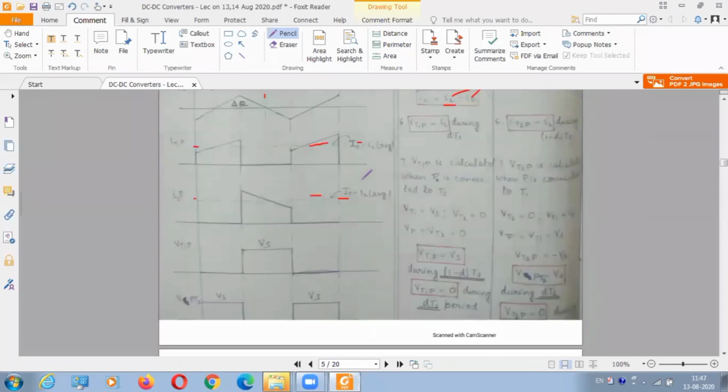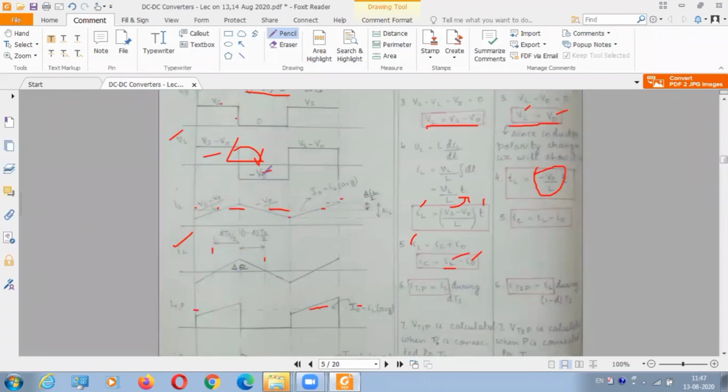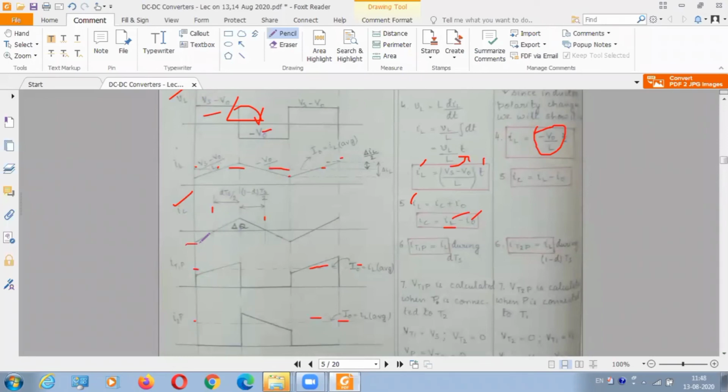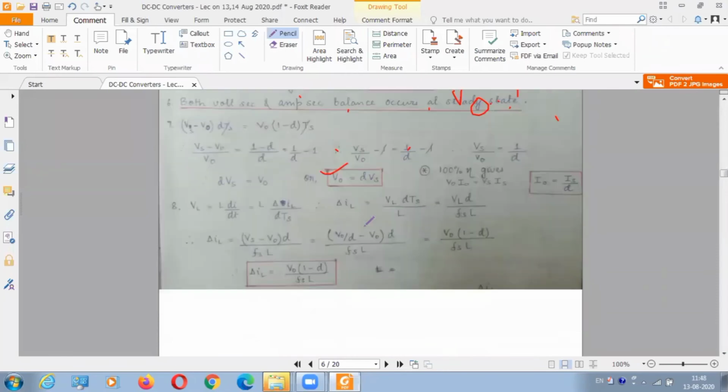Now this IC wave shape is very difficult. See, these magnitudes we know, Vs minus V0, this is minus V0, but this point's value, what will be its magnitude? This is very difficult to determine. So instead of going for amp-second balance, we'll go by another method. Like in a transformer, we consider the transformer to be 100% efficient. Input power is equal to output power. So V0 I0 is equal to Vs Is. From there you can find I0 also. V0 is equal to D Vs. Substituting it here, I0 is equal to Is by D.